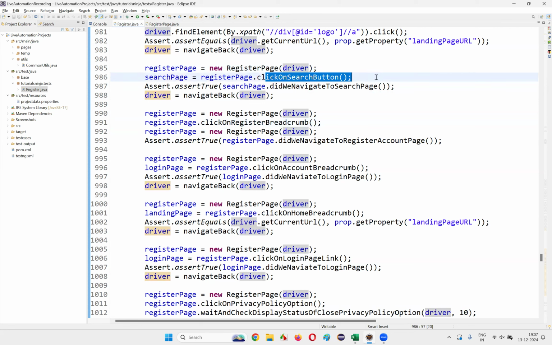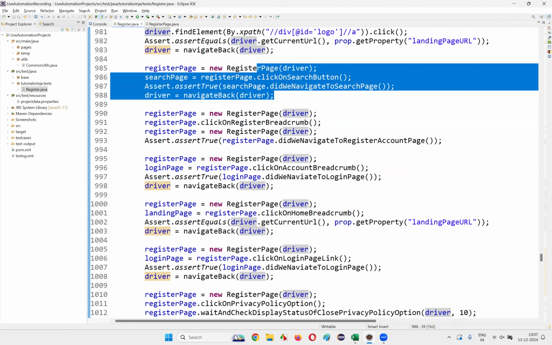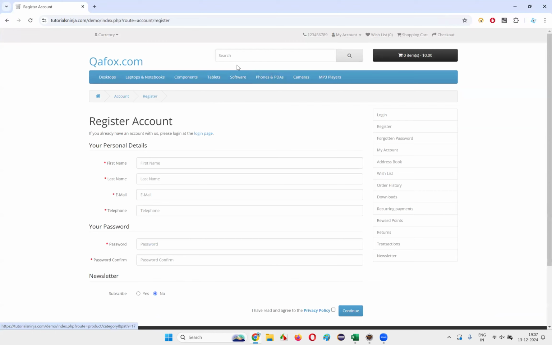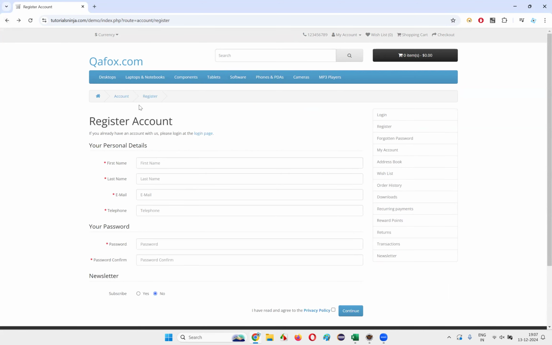Register page is equal to click on search button. Search page, did we navigate to search page? Driver dot navigate back. Okay, so with this process, what is happening? Let me see. First, we go to Tutorials Ninja and go to the register page. And here, I'm going to click on the search button. Let's say I am verifying whether I'm on the search page. If I navigate back, am I coming to the register page or not? That is what we are verifying here. But we are coming, right? So we are coming, but here